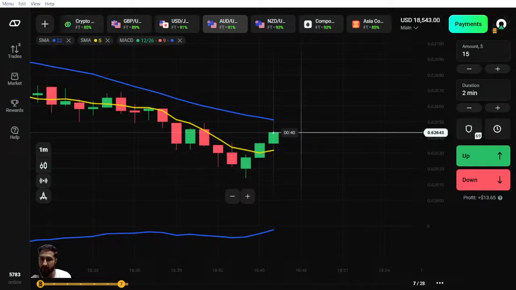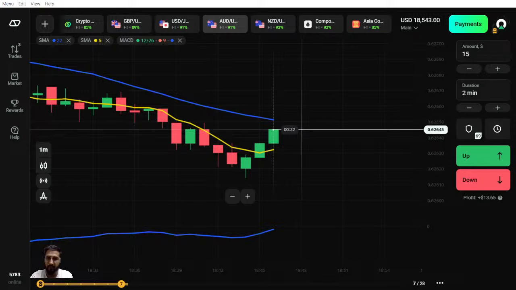Jalalagarh is asking, sir, withdrawal 3-day pending problem, please support. Jalalagarh ji, I'm so sorry if you are facing difficulties, but the standard withdrawal time frame is somewhere around 24 hours to 5 working days. Just wait for some time. Once your turn comes, the required team will work on it and your amount will be processed. Nothing to worry.